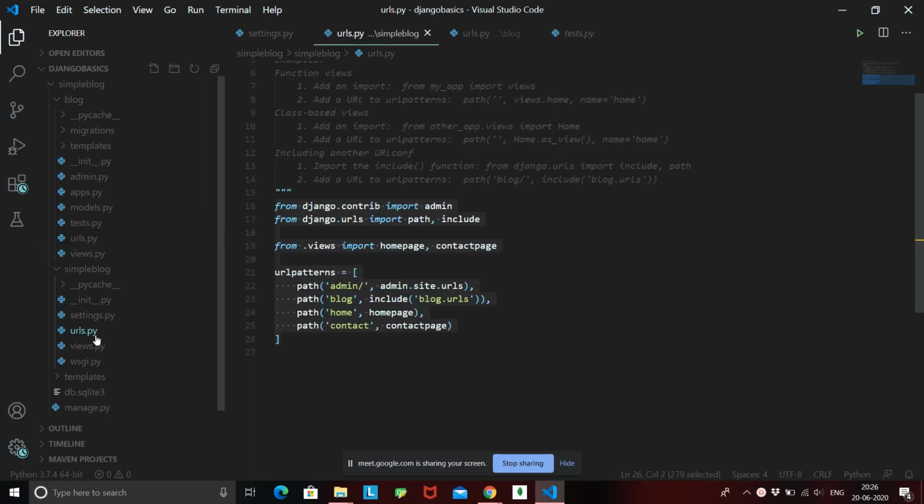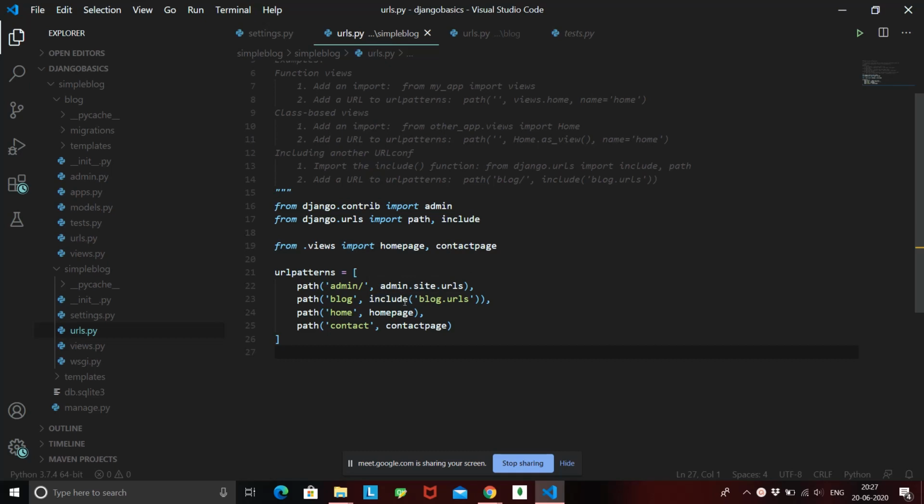Okay, so we were inside a urls.py file, and what we did over here is that we included this module called include from django.urls, and we specified that if a path, that is blog, comes into the picture, suppose we did slash blog and then say slash read or slash details, then anything that starts after a blog should call this blog's urls.